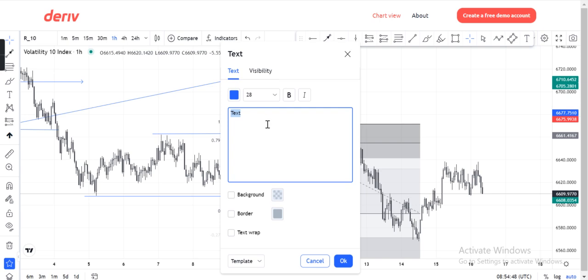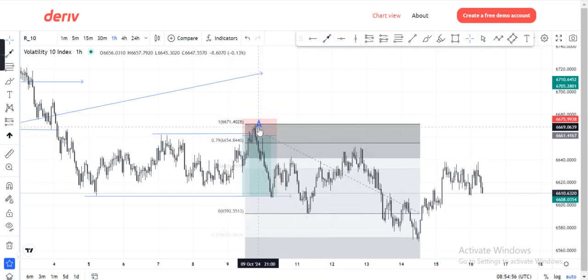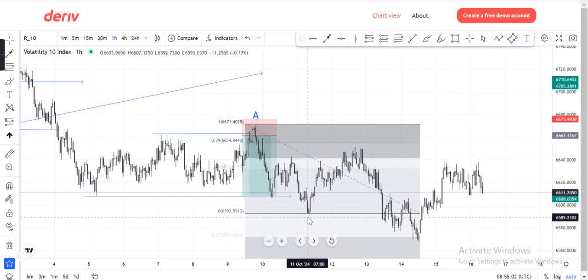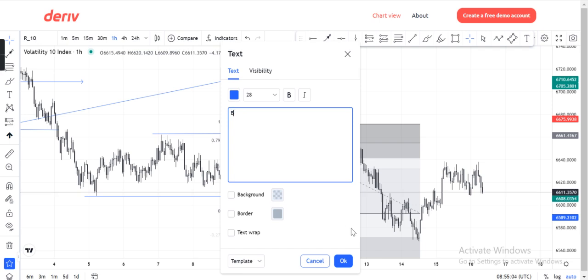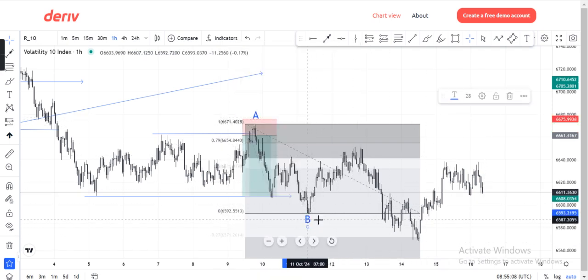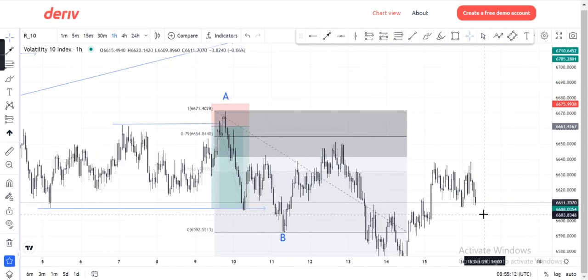So picking our point A, mark our break of structure from our point A to our point B, which is this. So from our point A to our point B, and then having done that, what we can clearly see is